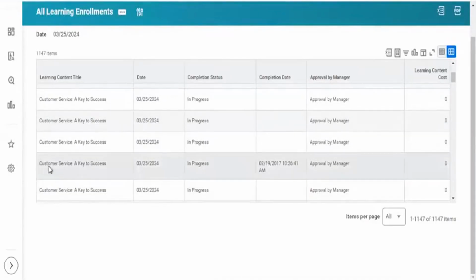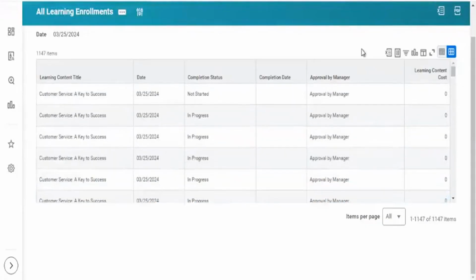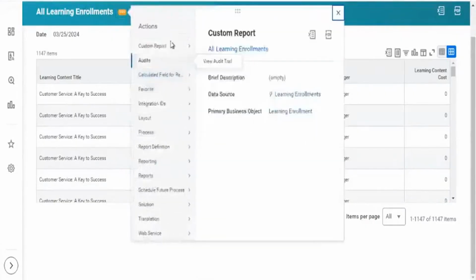Let's go to this employee's profile and see how this is converting. Let me add worker name and worker details so that we can go to the employee profile and see.